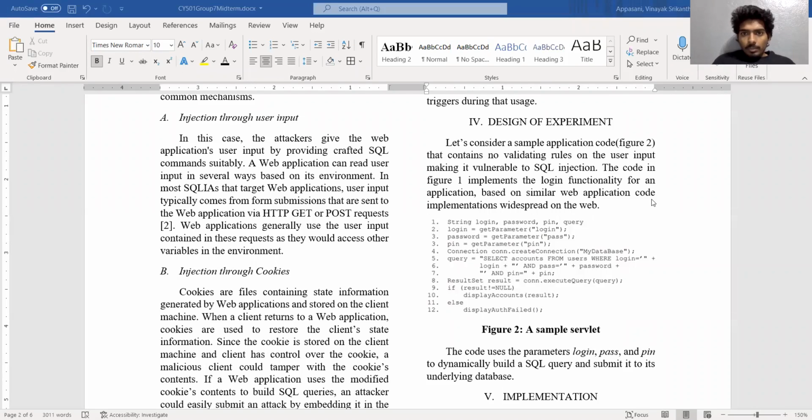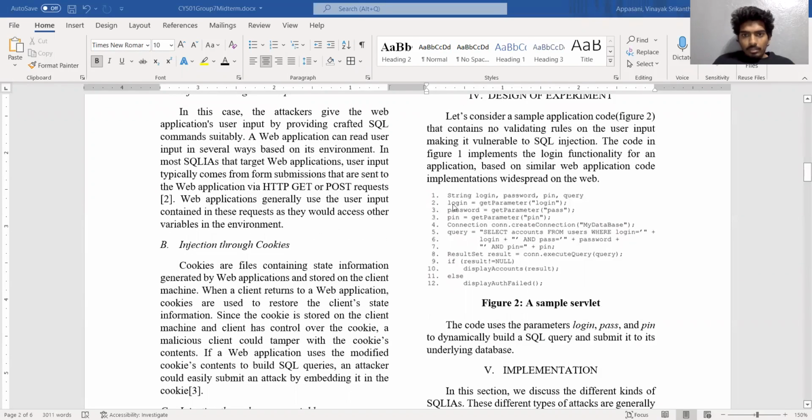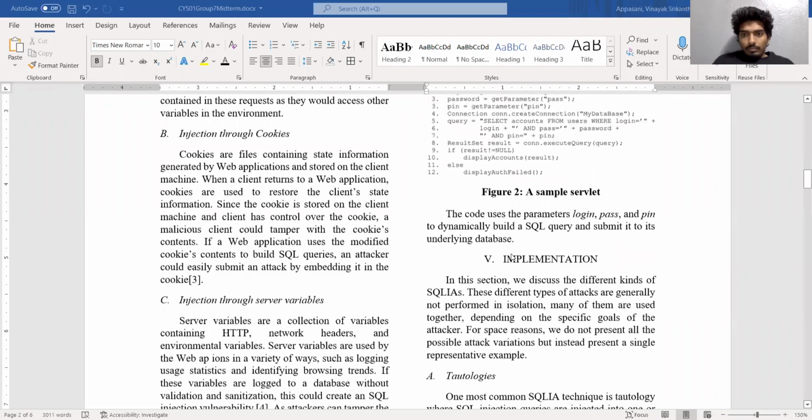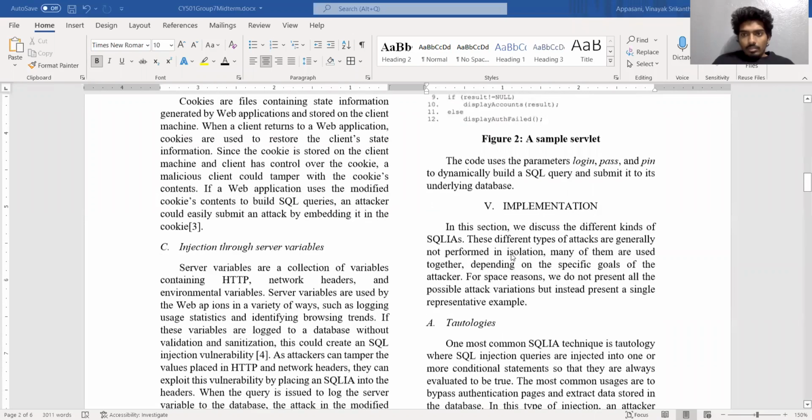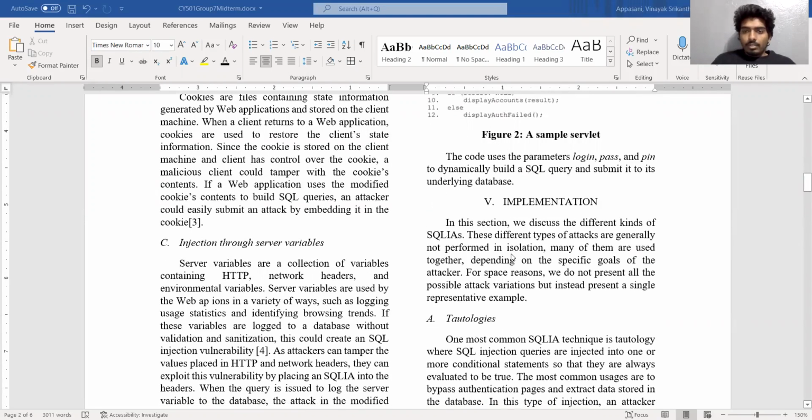For the design of experiment, we have taken a sample application code which takes input for the parameters login, password, and PIN, and then it creates a connection with the database underlying the application. And in the query, it sends these parameters and it executes the results. So for the implementation, we have